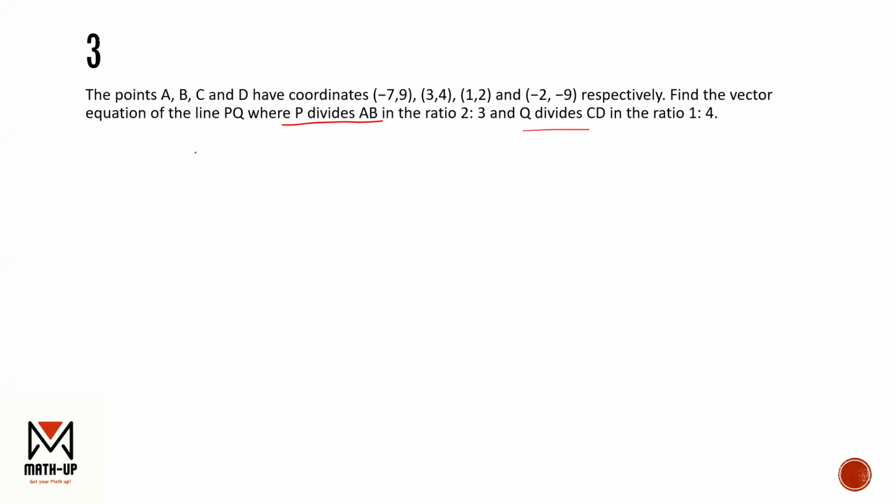Of course, to find the vector equation of the line, we'll first need the coordinates of point P and the coordinates of point Q. Now, being told that P divides AB in the ratio 2:3, both these divisions are internal. That is implied because there is no negative sign on any of the parts of the ratio. The ratio theorem tells us the position vector of point P will be got from